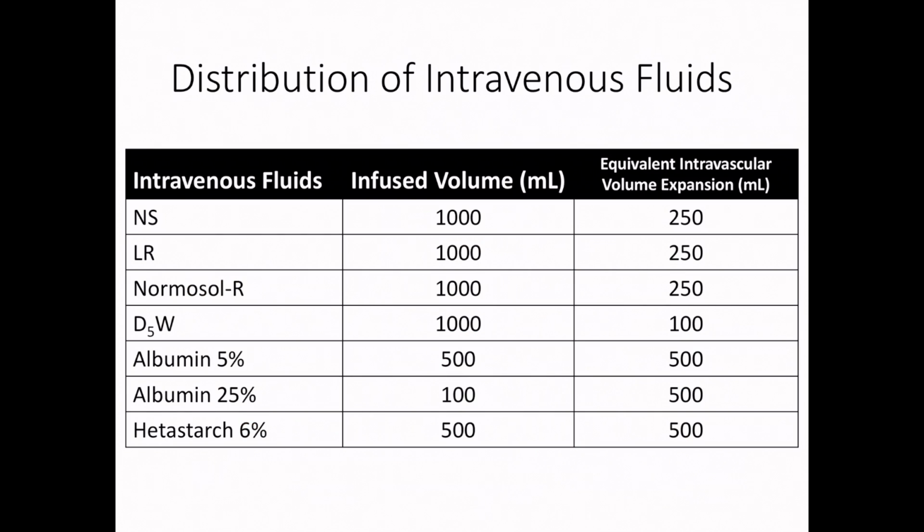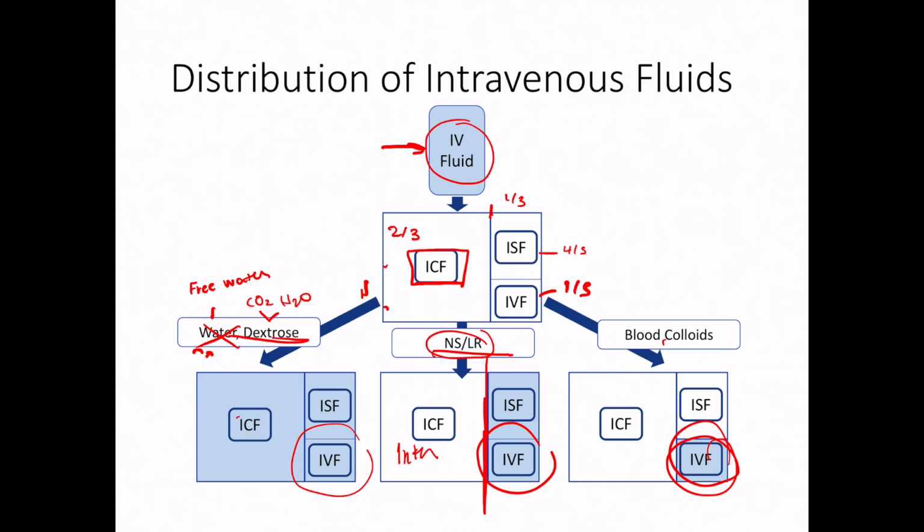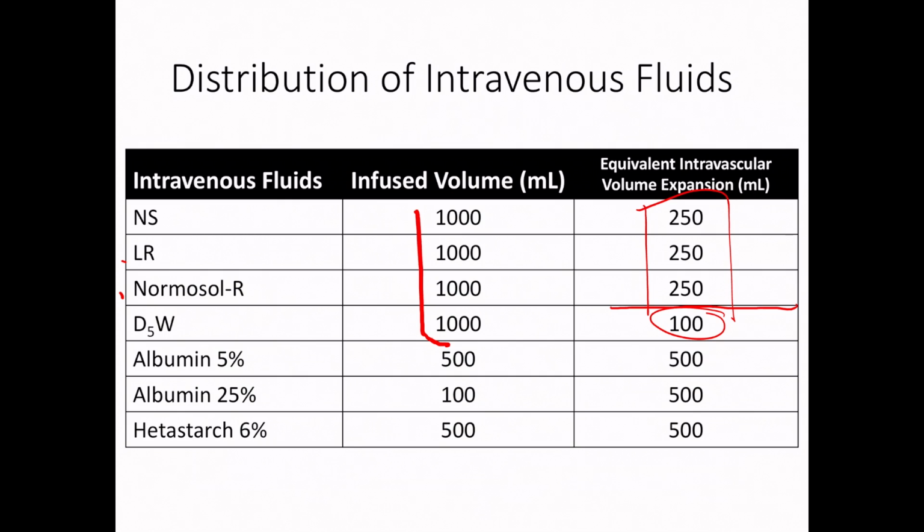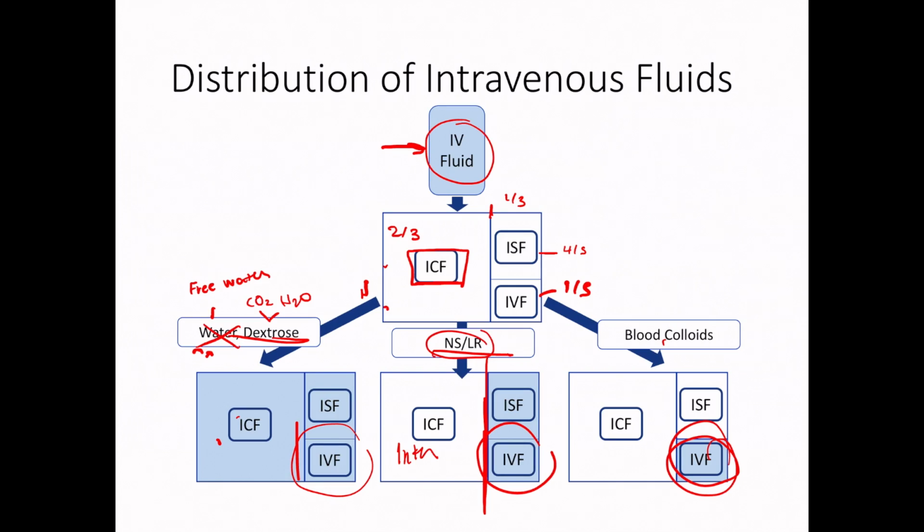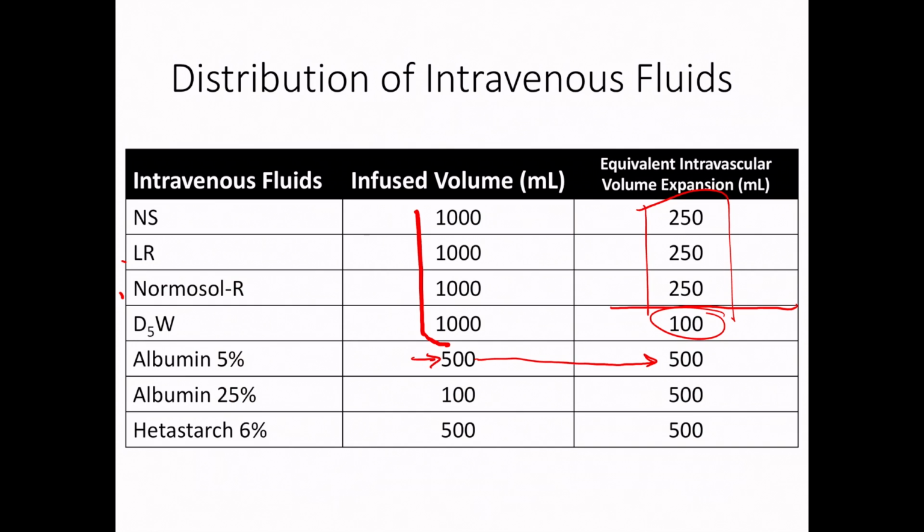So, if I were to give a 1-liter infusion of each of these agents, so normal saline, lactated Ringer's, Normosol, you'll see that all of them usually give you right at about 1/4 of it remaining in the intravascular volume. D5 water, because it goes in both the intracellular space and the extracellular space, is only going to give you about 100. Albumin, 100% of what albumin 5% I give ends up staying in the intravascular space. Versus the 25% albumin, which I talked about before,